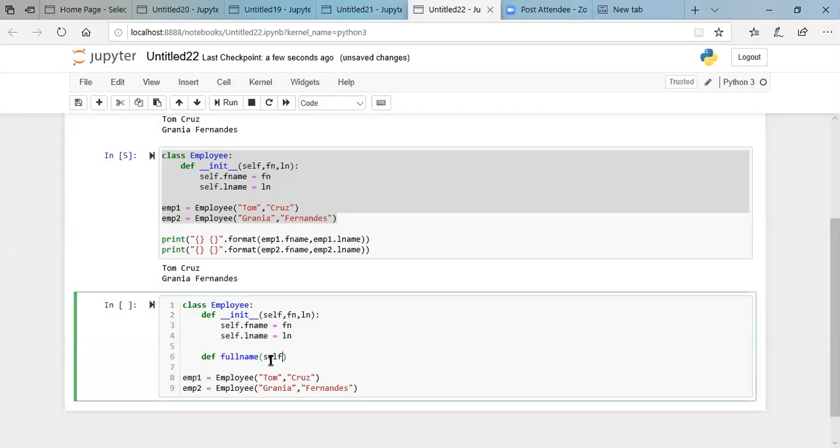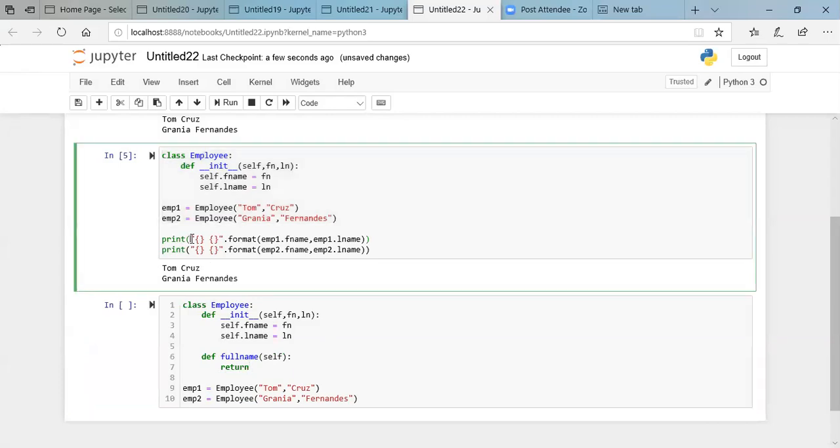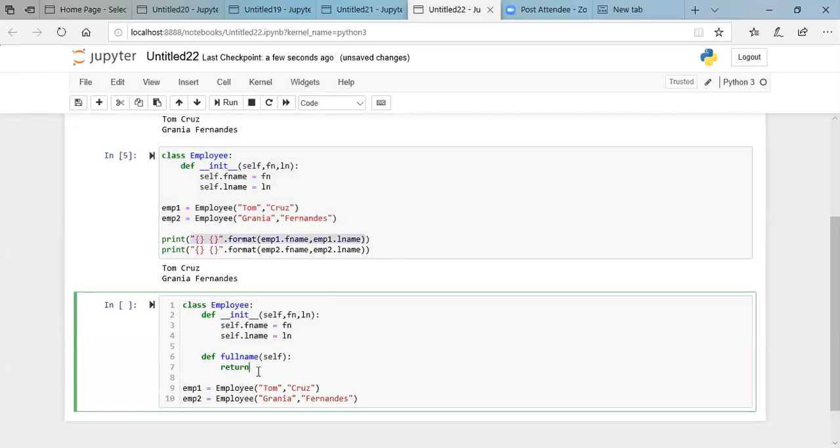What I want to do over here is return this, so I'll copy paste this part from here. But over here, I can't say emp1.fname or emp1.lname. I have to make it self, that means the object which is calling this method.